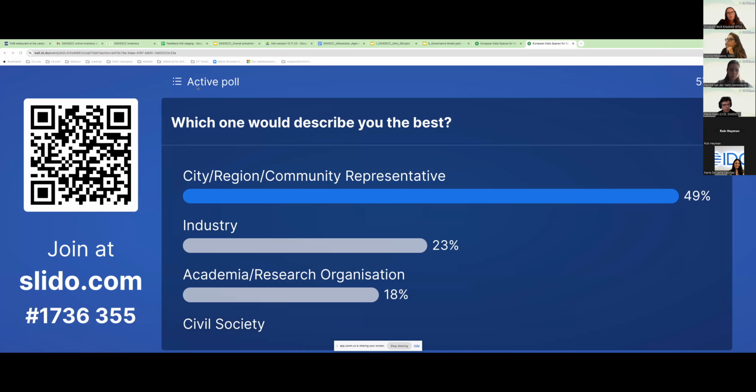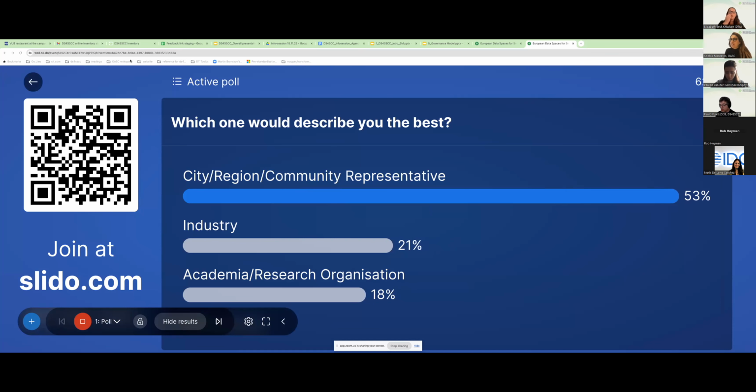For those of you who just joined, we are just having a quick round of introductions, which is very difficult when we have this amount of participants. So instead, we just have a Slido prepared to see who is in the room. So if you can just please scan the QR code and join us here.